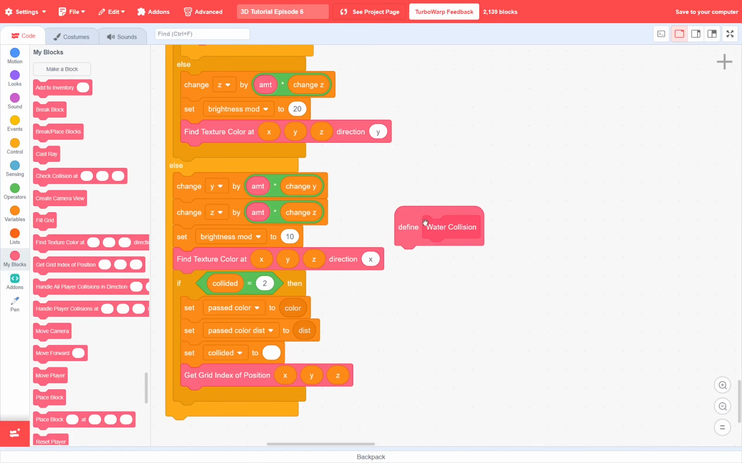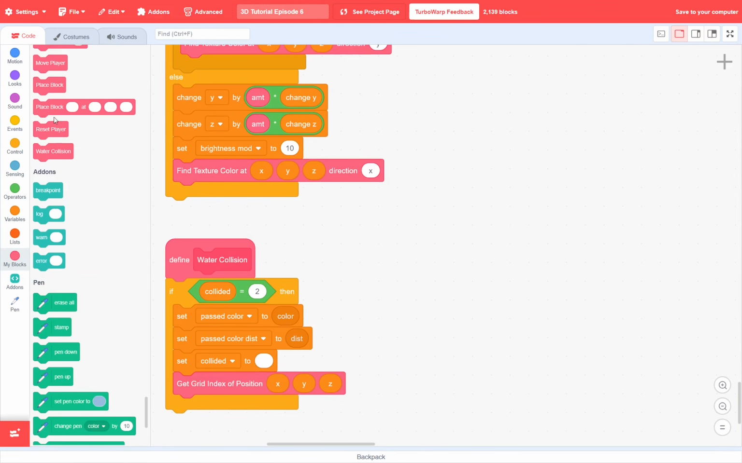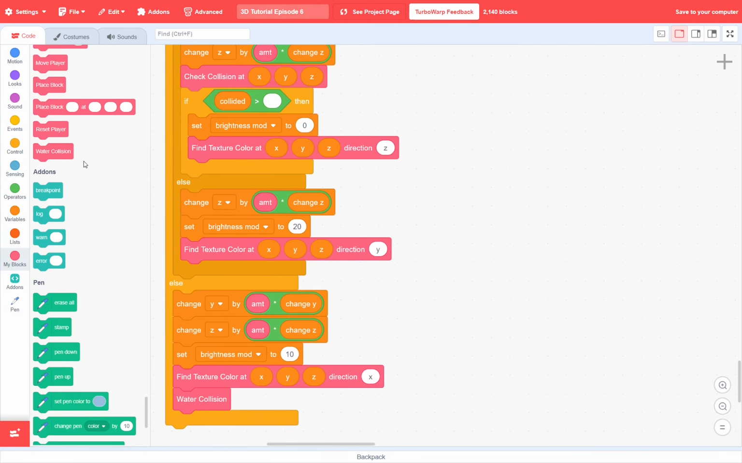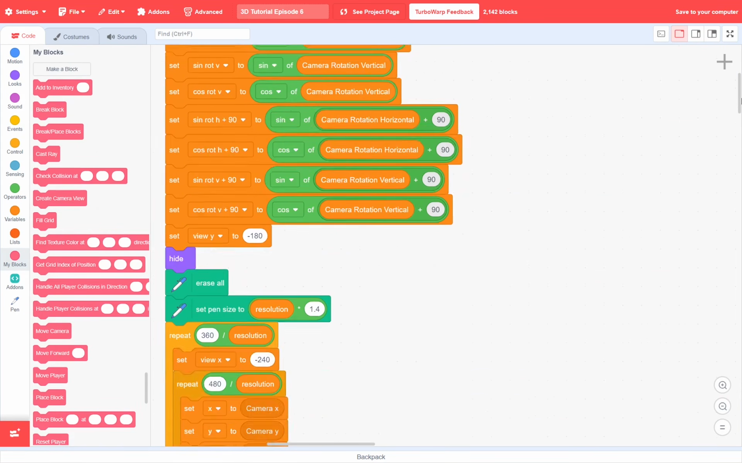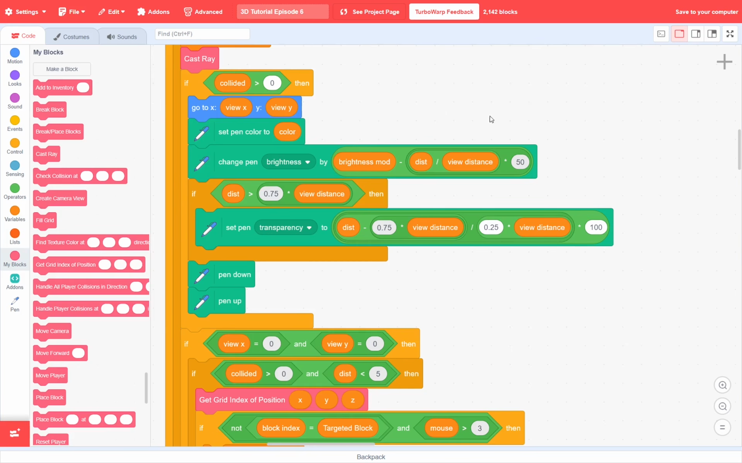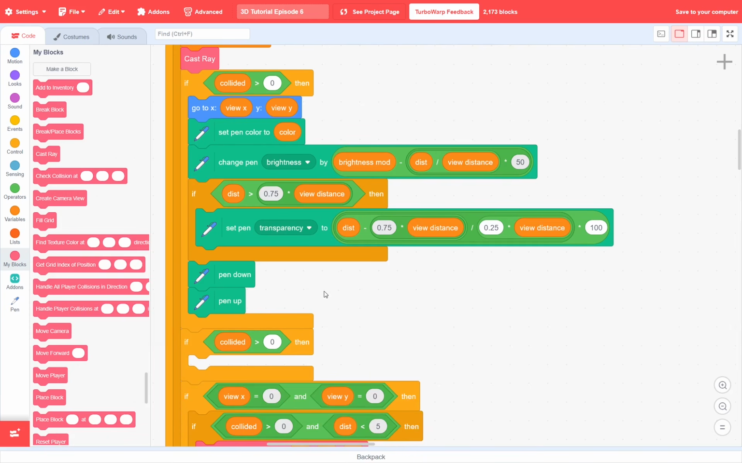Move the collided equals to statement into the custom block. I'll use the block after we find texture point in all 3 cases of move forward. Now we need to draw these water pixels. So in create camera view, after our existing draw script, and outside the if collided is greater than empty check,